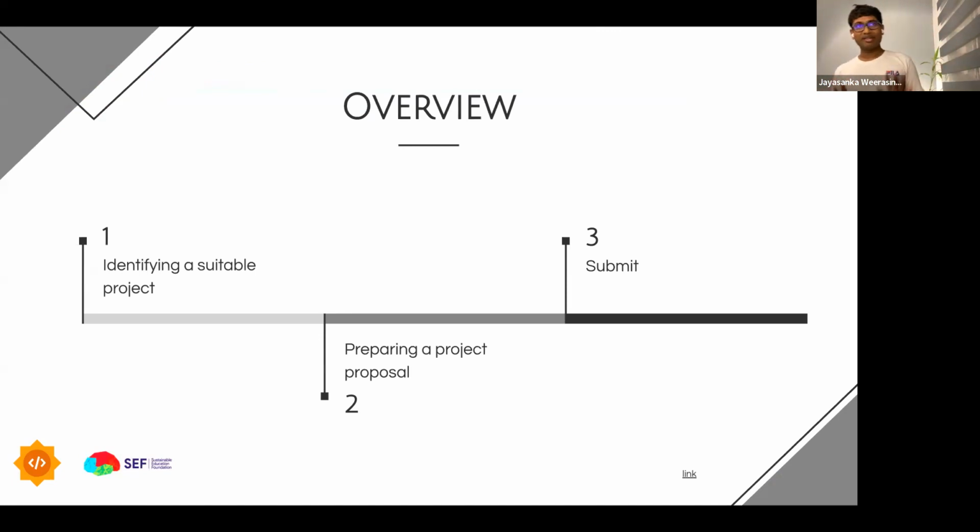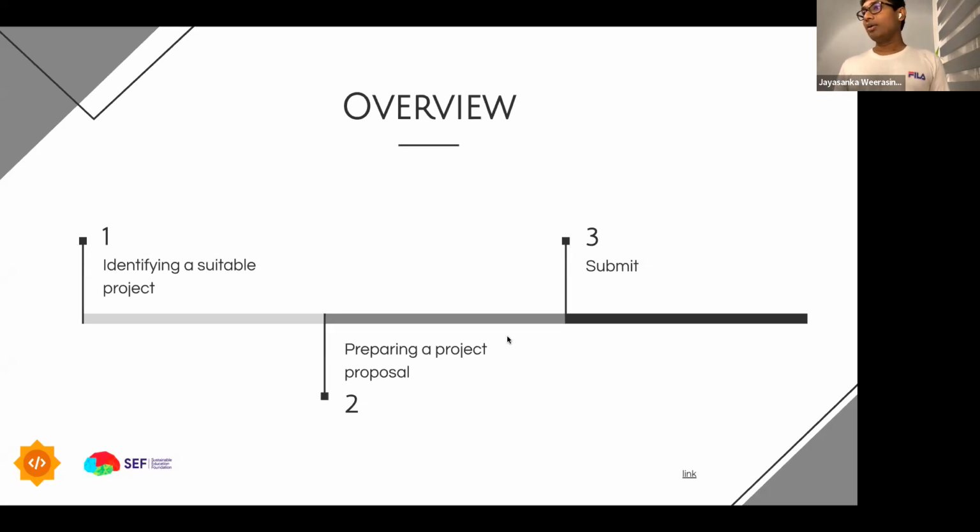The application process is super simple. It's just three steps. The first one is identifying a suitable project. The second one is preparing a project proposal, and the last is submitting your proposal.